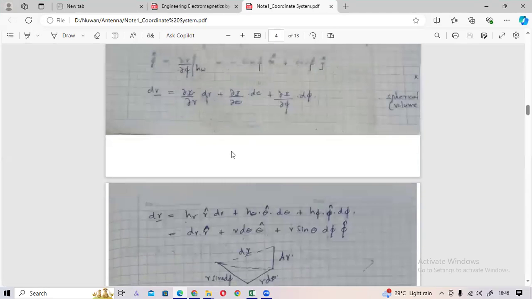I will write them here. One is from the XYZ coordinate, that means the rectangular coordinate. If you consider any distance shift, a vector shift, in the rectangular coordinate we can write it as